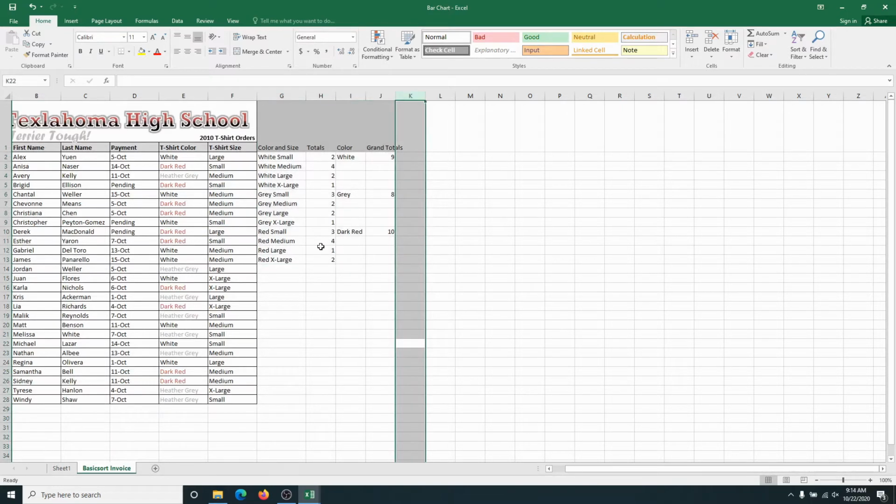Now for our bar chart sample, what I've done is I've created a little table to the side of the actual invoice that deals with color and size, the total number of shirts ordered, the color itself, and the grand totals. So what we want to do is highlight everything from G1